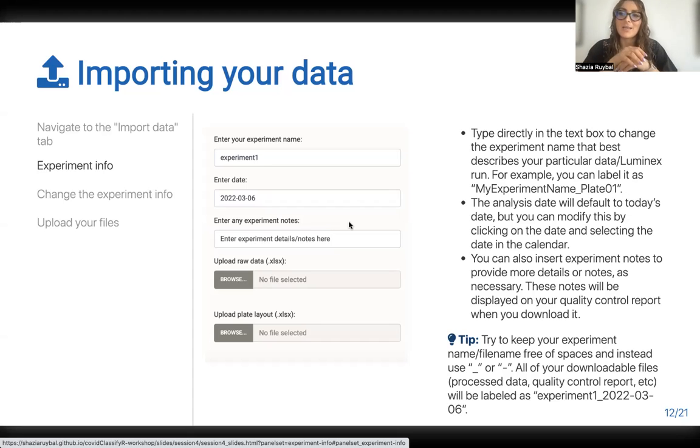If you go back to the data from 2 years ago, you'll remember, oh, right, that's the plate where I had to repeat 5 samples or whatever. And then you can see here, this is where you're going to upload your files, which I'll go through in a bit. Another tip that I have for you about experiment names and sample codes, it's probably a good idea to